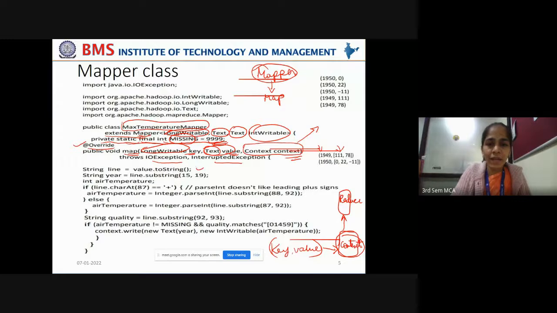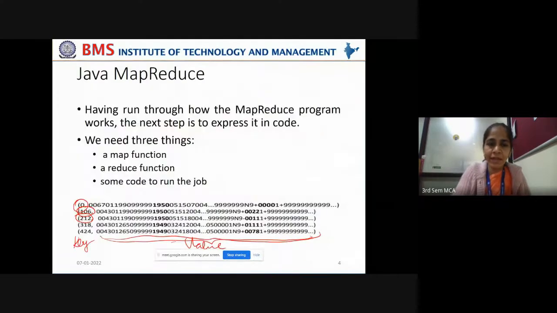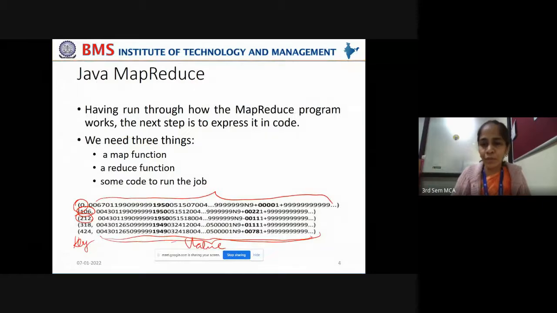Now, coming to the next line, we are converting the value to a string. Initially, we are sending this entire text as the value.